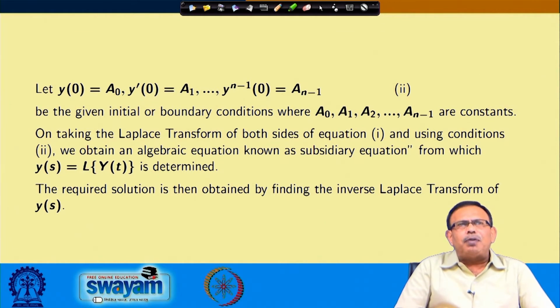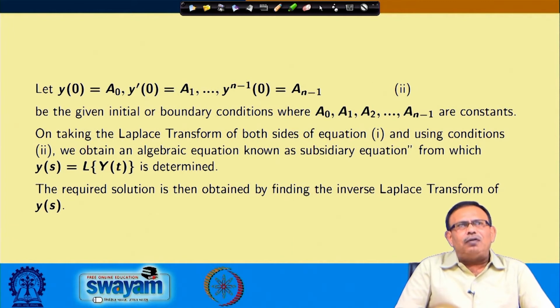I know the Laplace transform of y n, or the Laplace transform of t y n, like that, and I will use the initial or boundary conditions, whatever is supplied to me. Using those conditions, I can transform my original ordinary differential equation into an equation of the form Laplace transform of y(t) equals some function of s. From there, if I take the inverse Laplace transform, I can find the value of y(t).